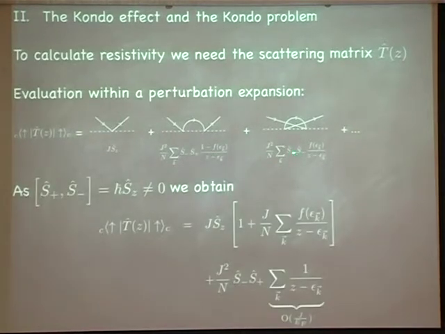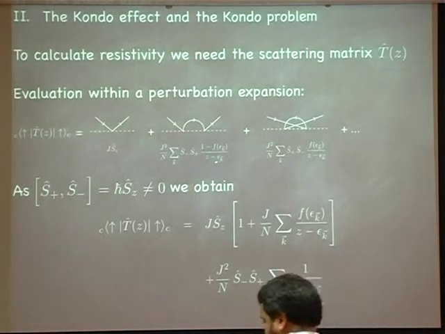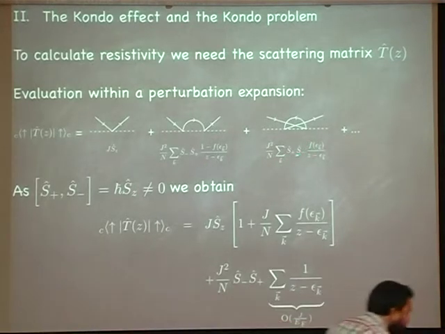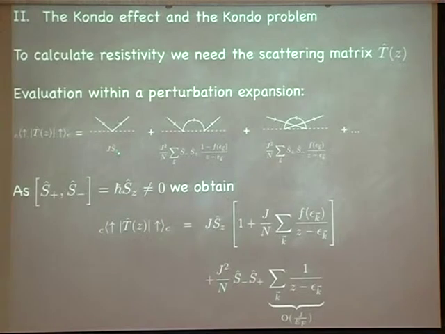Okay, now here the point is one has to use the opposite order of the operators. So here we have S minus, S plus, here we have S plus, S minus, and since S is a quantum object, those operators do not commute. So the commutator of S plus, S minus is equal to h bar SZ, which is not 0. So what you see is you can actually now commute, for example, that object here by replacing S plus, S minus by S minus, S plus, plus SZ times whatever. And then what happens is that this guy, after commuting, cancels this Fermi function here. So there's left S minus S plus times 1 over z minus epsilon k, but you retain an SZ times Fermi function, which then goes together with that one here.